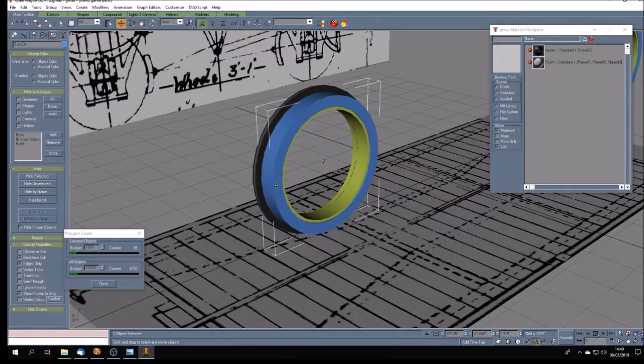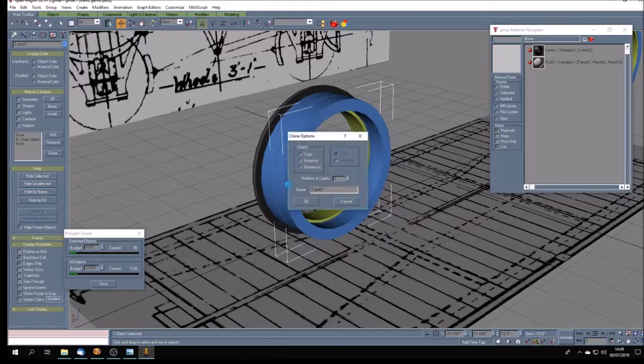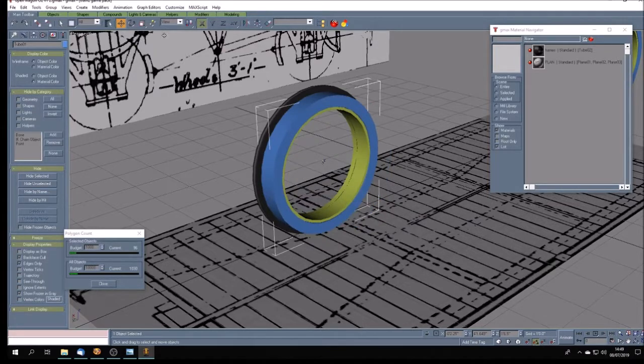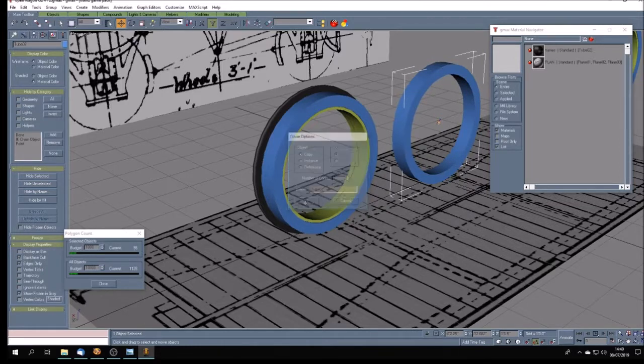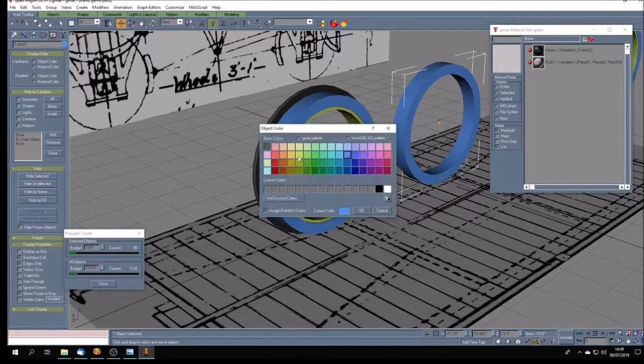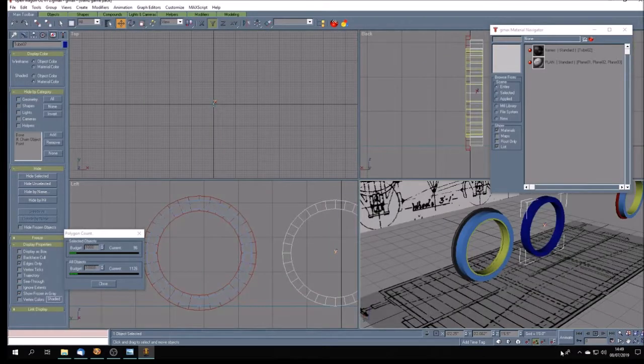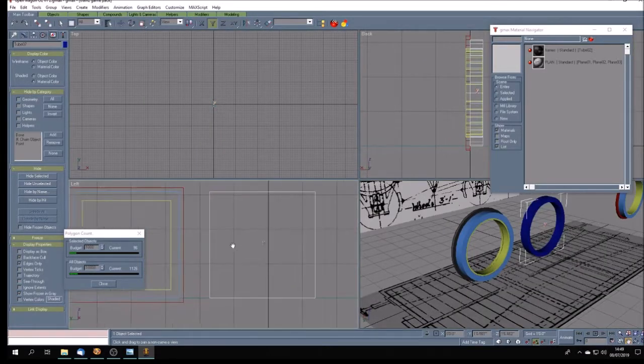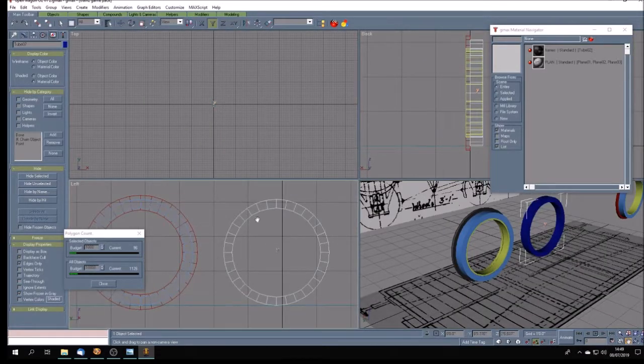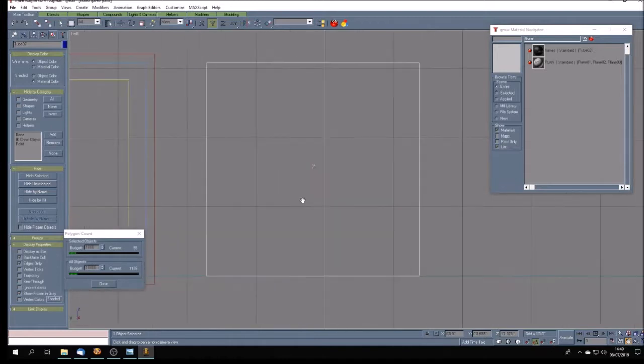The tyre is going to be a completely different kettle of fish, and what I want to do with that is, I'm taking a clone, wrong way, where are we, taking a clone, there we are, and basically all I want there is this outer piece here. First I'm going to make it a different colour so I know what I'm doing. Well, I like to think I do. And quick way, I mean, you can go around that and delete all the faces individually if you want, but what I would prefer to do, what I like to do,